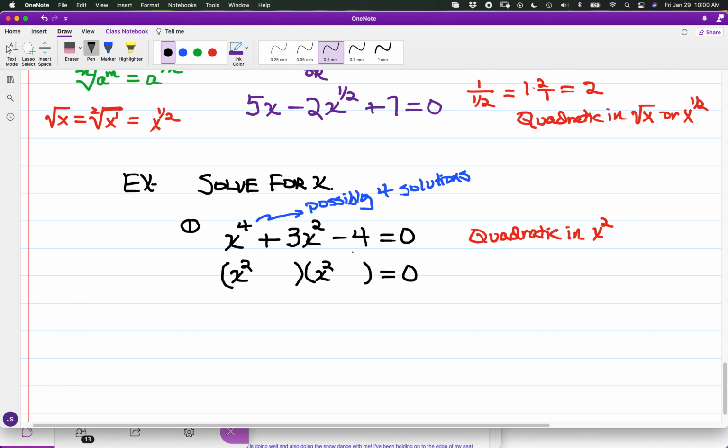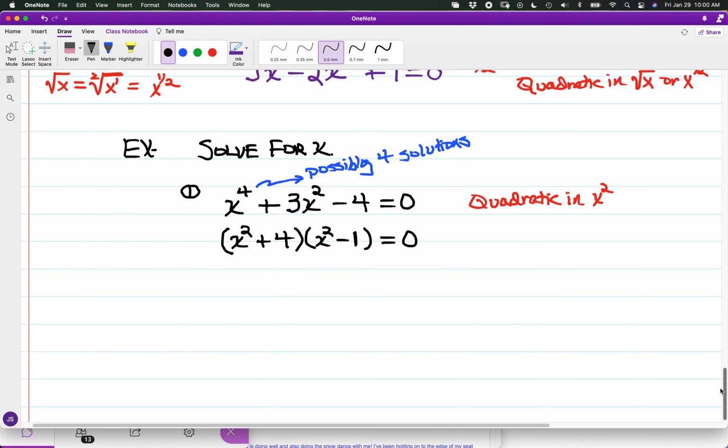And so we have the factors of -4 whose sum or difference will be on the plus side at 3. We're going to have signaled that more weight will be given to the addition than to the subtraction. So I have x squared plus 4 times x squared minus 1 is equal to 0. Now with both of these, I can set both x squared plus 4 and x squared minus 1 equal to